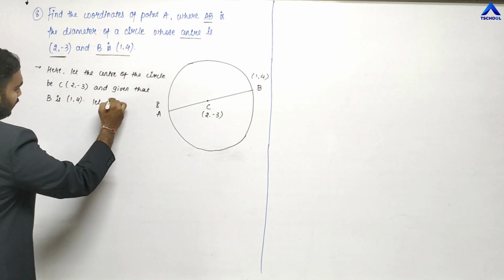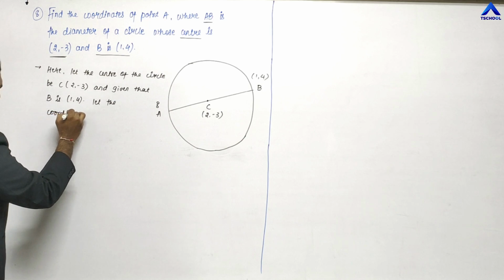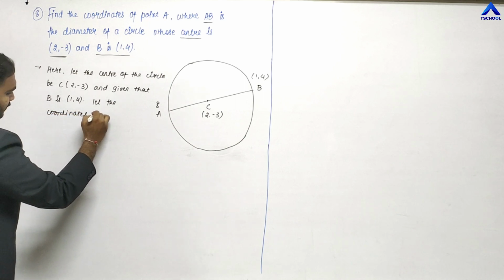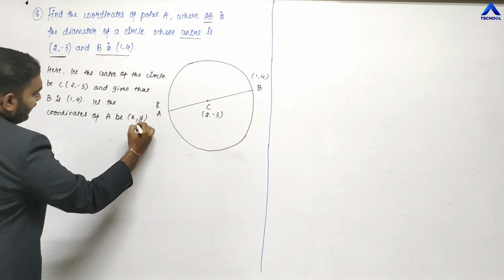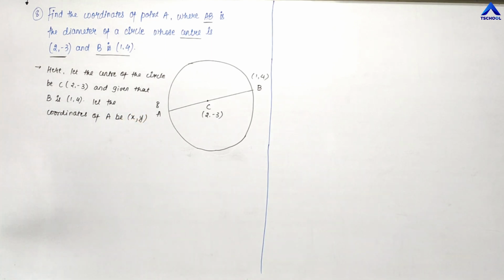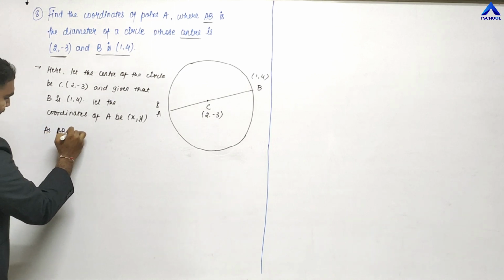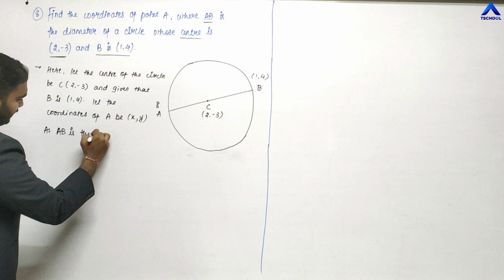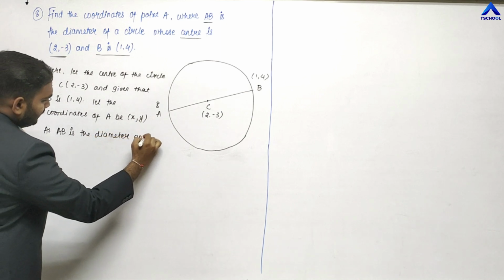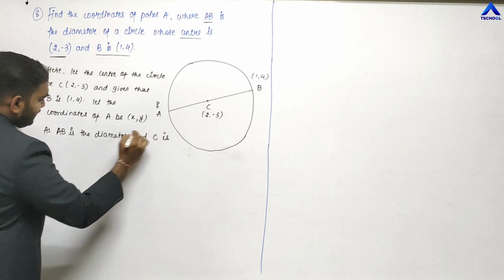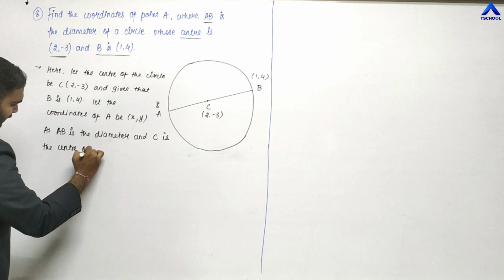Let the coordinates of A be x, y. As AB is the diameter and C is the center of the circle,